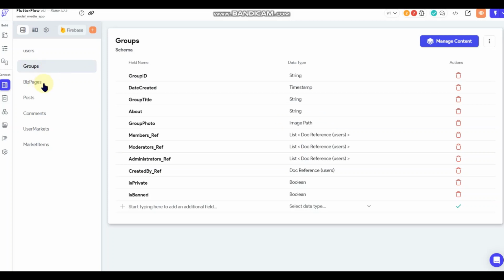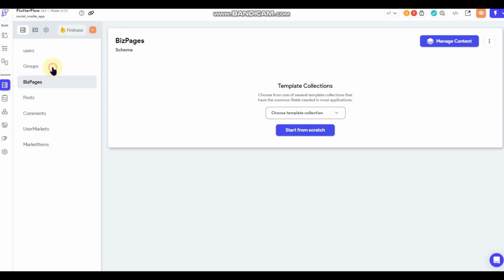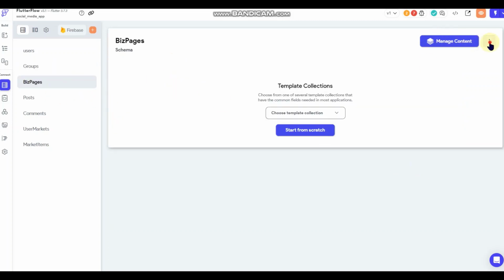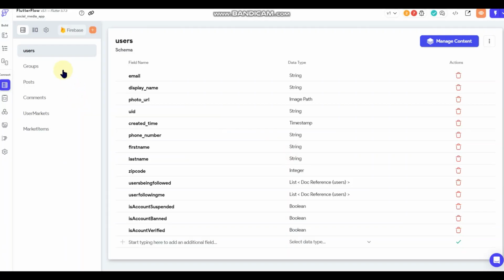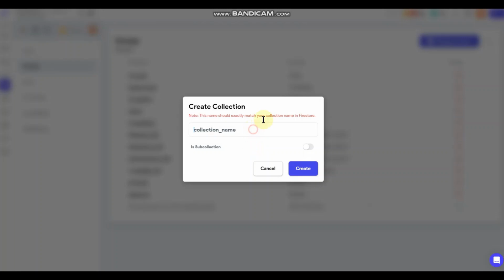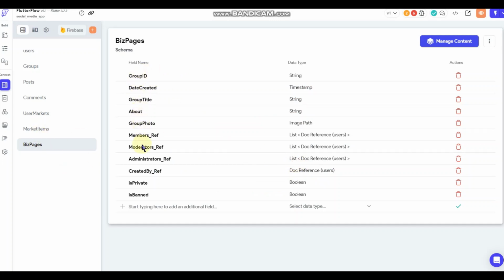Biz pages. So what I should have done, to be honest with you, is I probably should have just duplicated this and renamed it biz pages, because it has a similar setup. So I'm actually going to do that. I'm going to delete this collection, and then I'm going to duplicate the groups and make that my biz pages. And then it has all this.